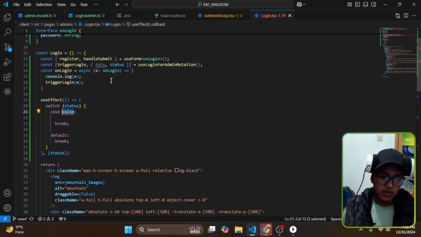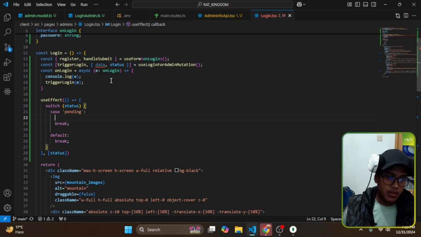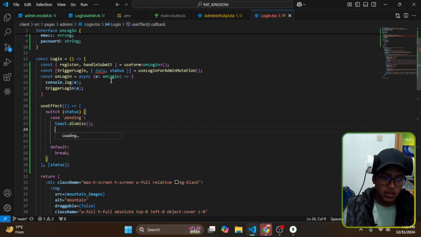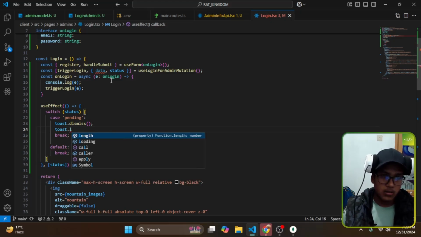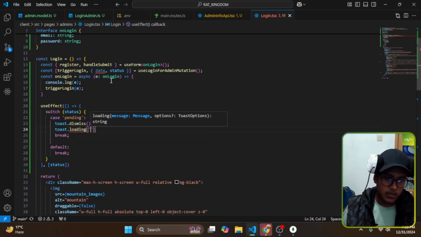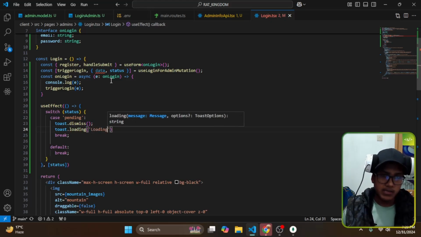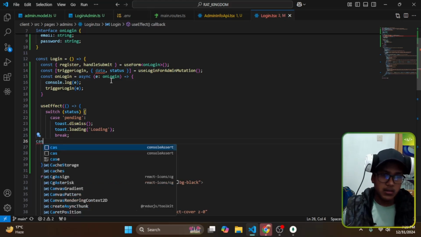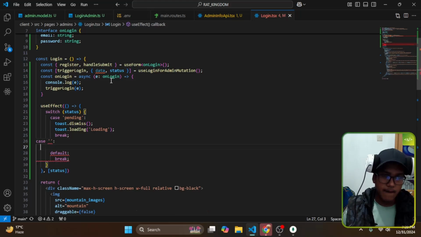Now if the switch value is pending, then I need to dismiss the old toast with toast.dismiss, and I will create a new toast, toast loading, and I pass a message like loading, and then break. Then of course I need to use the break, then if case fulfilled or rejected,